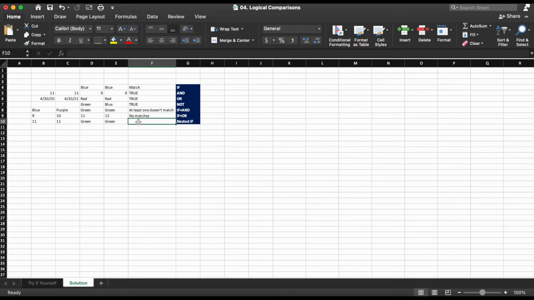Okay, finally, we're going to look at what's called a nested IF statement. With the IF statement, you can do multiple iterations or evaluations, and we're going to go into that right now. We're going to look at these 4 cells right here, and we're going to have a couple different comparisons that we're going to look at.